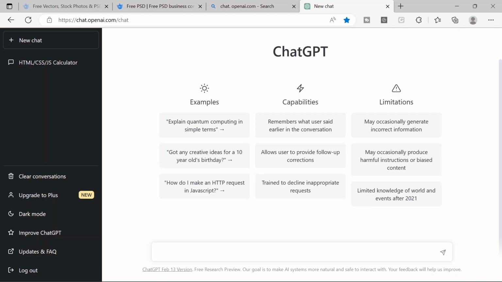Let's say, create calculator websites using, so we are going to use HTML, CSS, and JavaScript. I want ChatGPT to create a calculator using HTML, CSS, and JavaScript. And when you click enter,